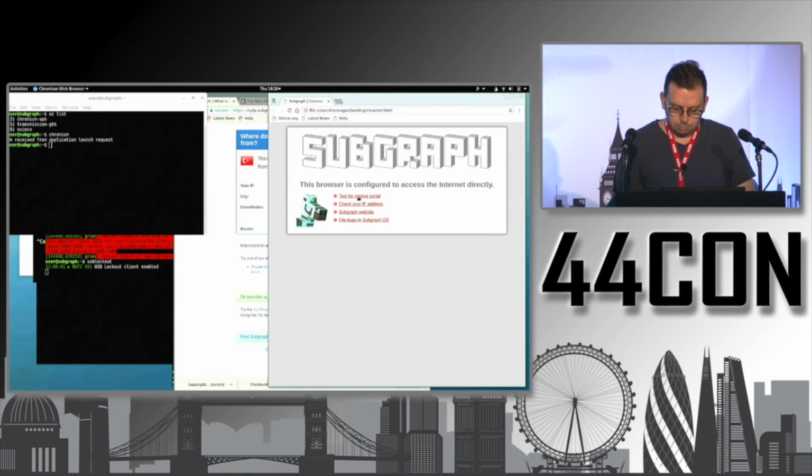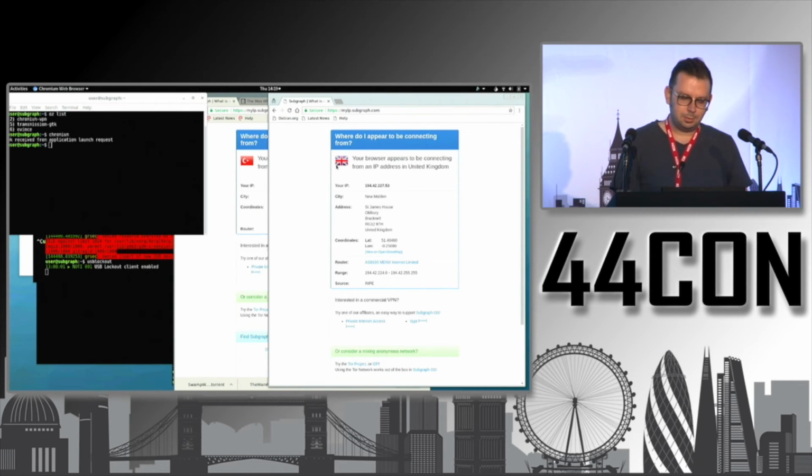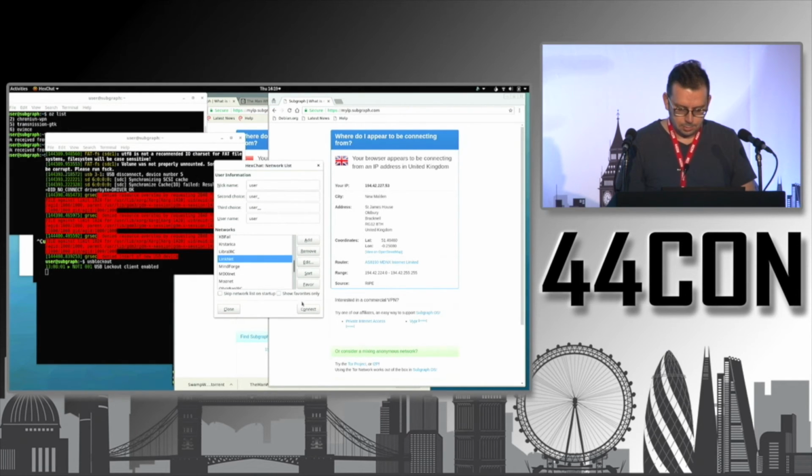Okay, so if I check my IP address, I'm coming from the United Kingdom. I can open HexChat, which will go through Tor once it starts. Okay, so if I connect to LinkNet,